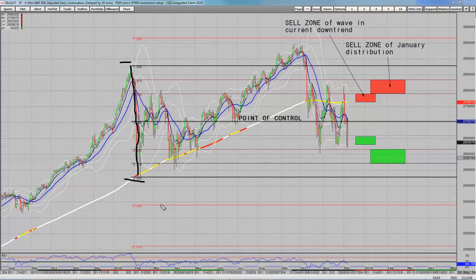So we can actually make calculations off that and start to look for opportunities. So if we go through and look at this price action that's occurred since, and look at the relationship to what I call the buy and sell zones within that range,